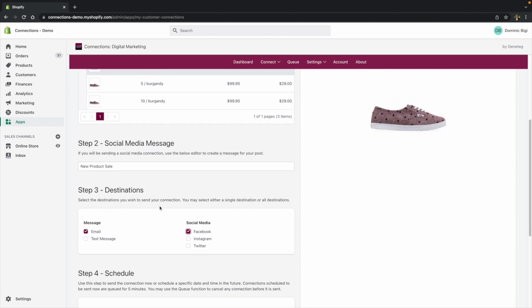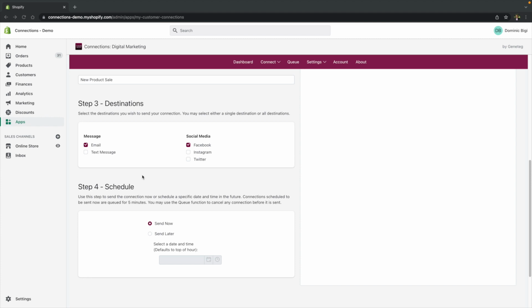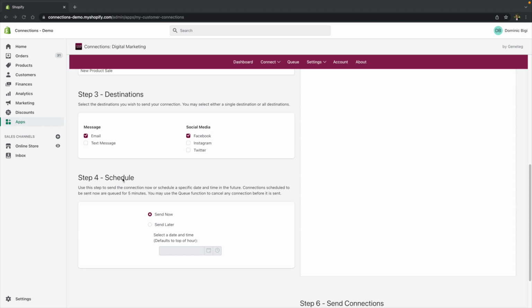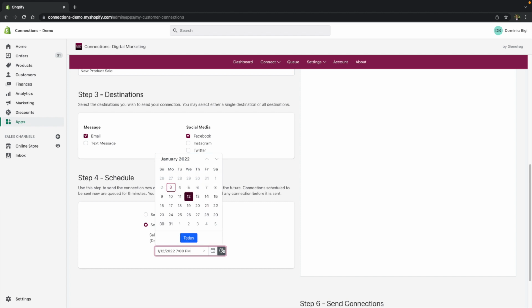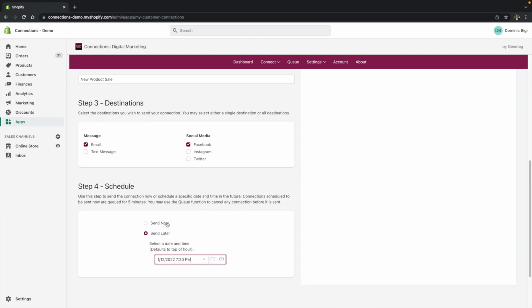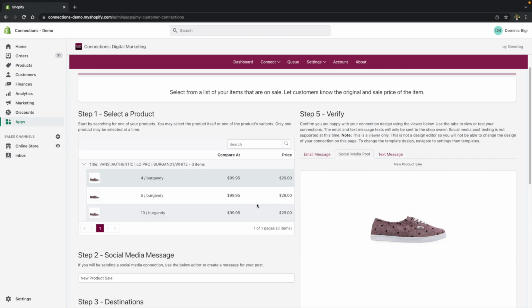to Facebook. Once I select the destinations, I can move on to step 4 to schedule when my connection should go out. I have two options. I could either send my connection now, or I can choose to send it later. If I choose to send it later, I have the ability to choose the specific date and time to send my connection. But for this example, I can go ahead and select send now, and then move on to step 5, which